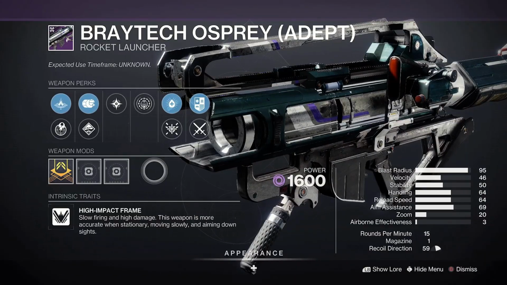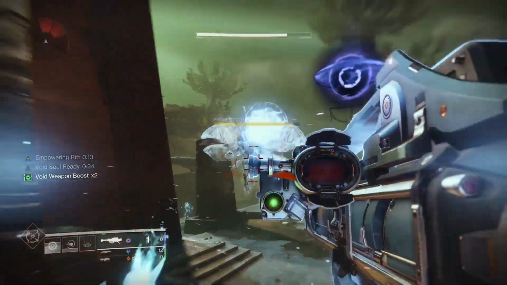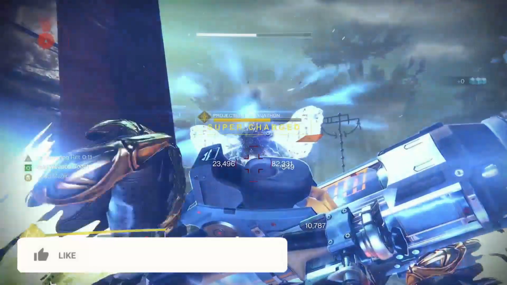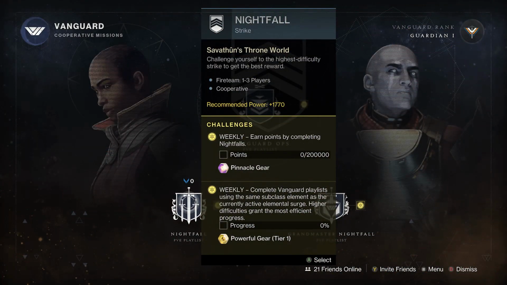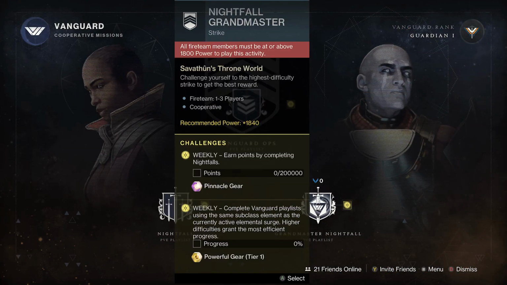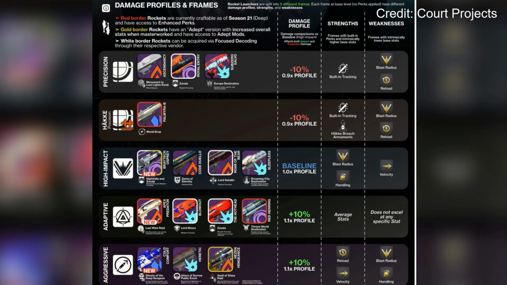It's also going to drop with an Adept version straight out of the gate, as Grandmasters are already here, so this could make it a dominant pick, especially with it being the only Adept high-impact rocket currently available. It drops from completions of the Nightfall this week, and you'll need to tackle the Grandmaster Nightfalls for the Adept one. It's a void energy high impact frame, which is in the middle of the road in terms of damage